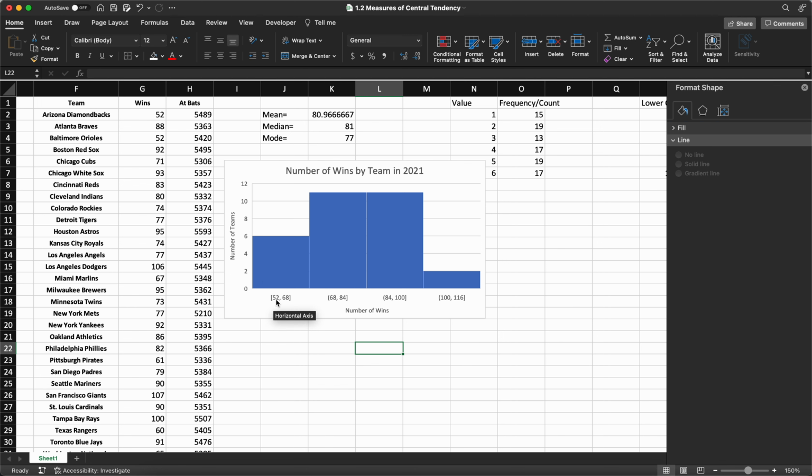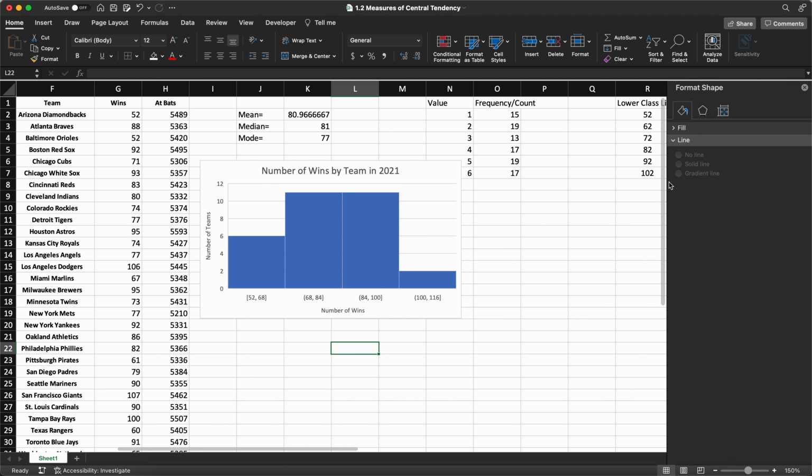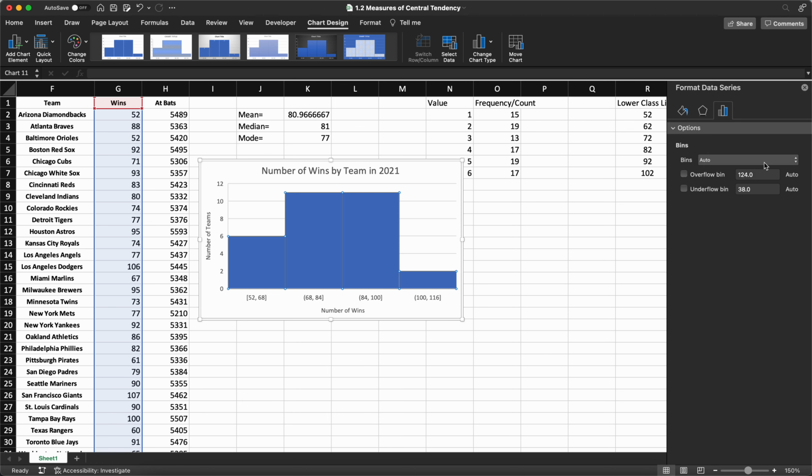Again, 52 to 68 wins are going to be in here, including 52, including 68. 69 to 84 is going to be here, 85 to 100, and 100 to 116. Like, why does this go up to 116? Well, the bins have to be the same width, and this is just what Excel chose, even though 107 is the max. So what happens when I go to change the number of bins, which again, if you're using Windows,